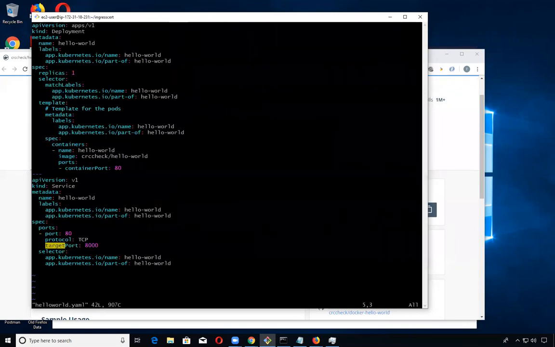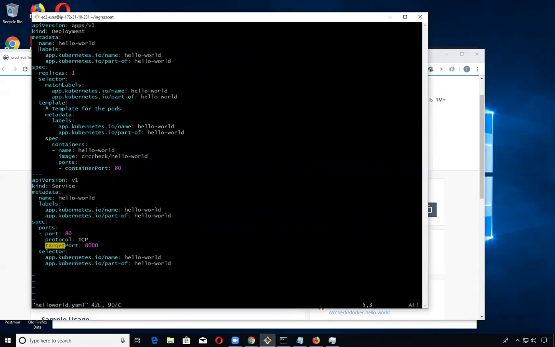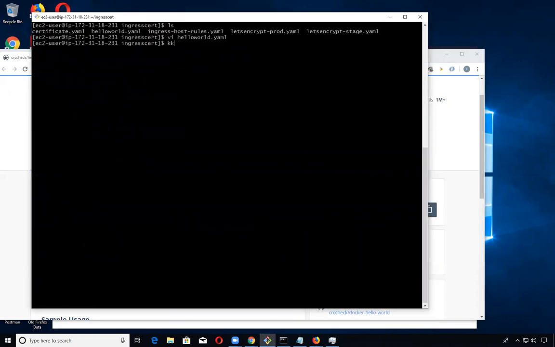I just created a deployment for the Hello World application right there. As you can see, the image itself is what I just showed you. The idea is it's going to create a deployment and a service. The service is going to forward all the requests coming in from port 80 over to port 8000 in the container, which is what's specified right here. So if I apply this,